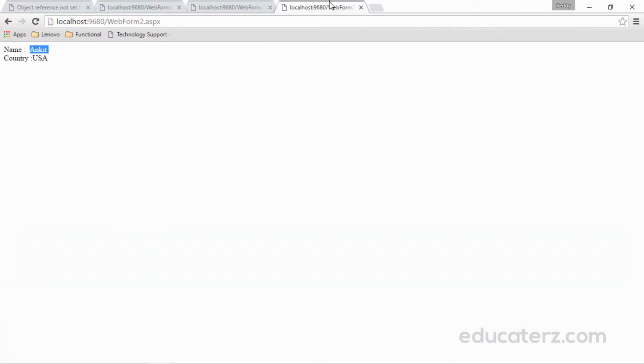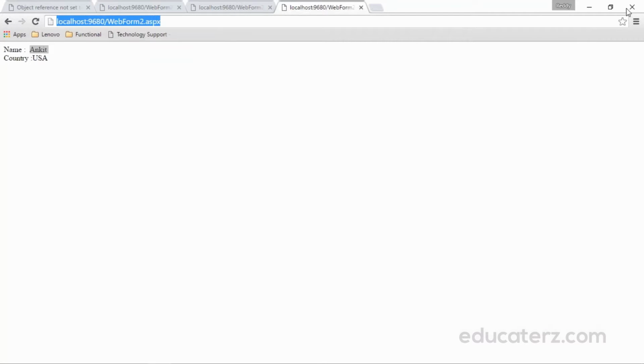Now let me tell you that there are two types of cookies. One is persistent cookie, another one is non-persistent cookie. Persistent cookie means it will remain on the client computer even after the browser is closed. We can configure how long the cookies remain using the expires property of the HTTP cookie object. Suppose now we have this, right?